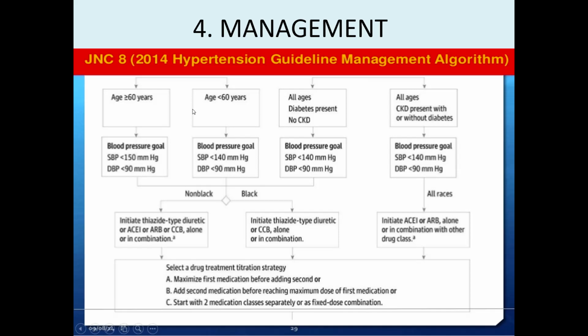So one important thing which was done in JNC 8 guidelines as compared to JNC 7, that beta blockers were removed from the primary antihypertensive drugs. So now these are the three major groups, and there are different recommendations except the ones I told. You can start with a single drug and escalate it to maximum before adding a second, or you can add a second medication before reaching maximum dose of the first, because some patients might show side effects of drugs at their maximum dose. Or you can start with low dose combination of two different drugs which are available commercially in the market. And I hope you will learn about these treatments in your house job more.